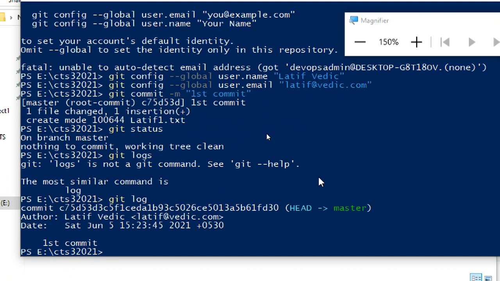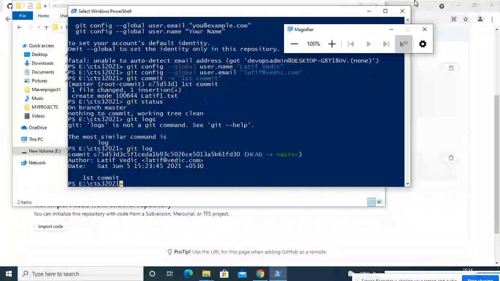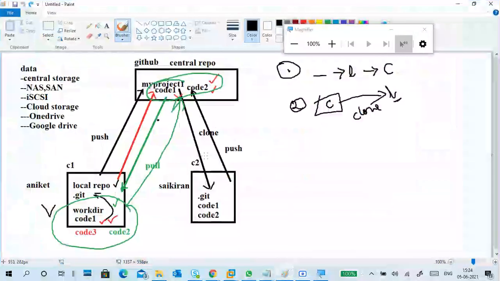Like this, it shows when it was committed, who committed it, and the commit message, "first commit", on the screen. Okay, guys, what steps did we complete here?